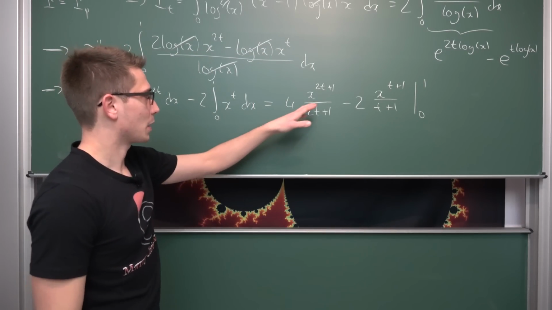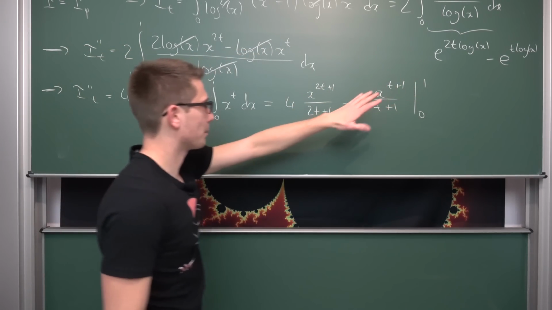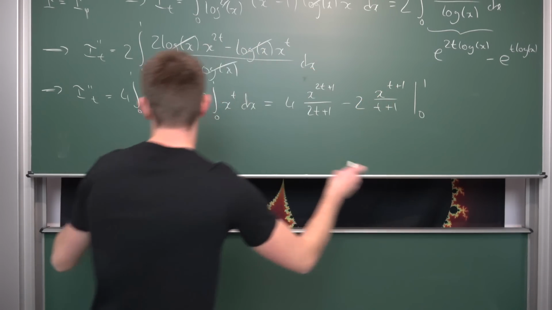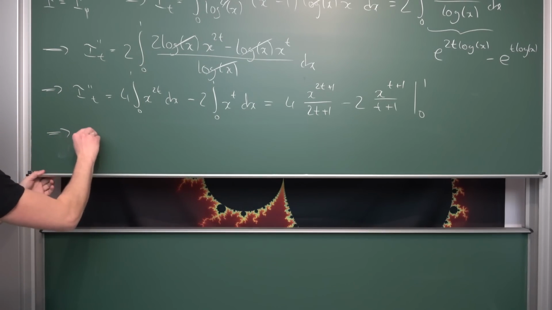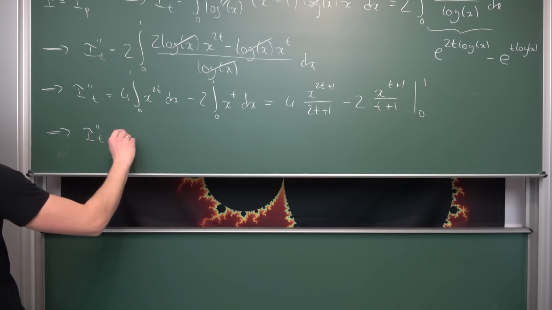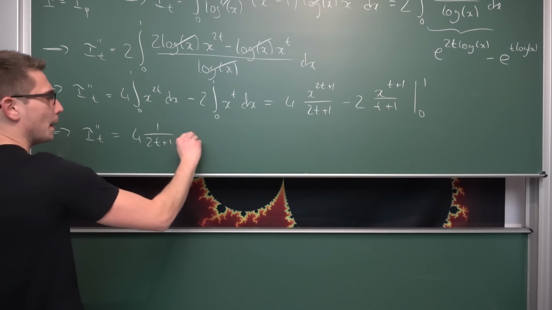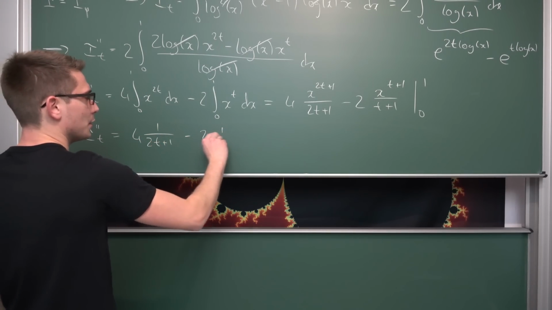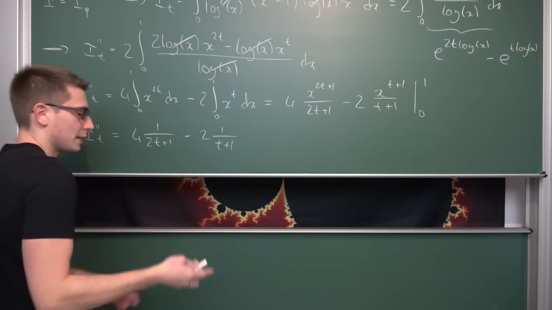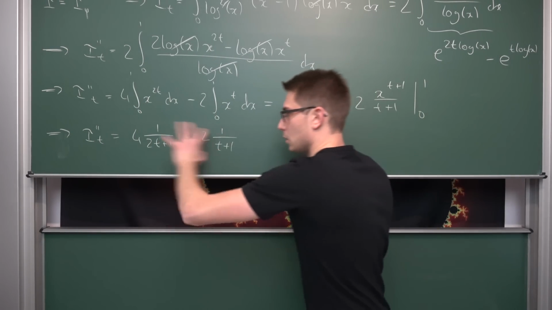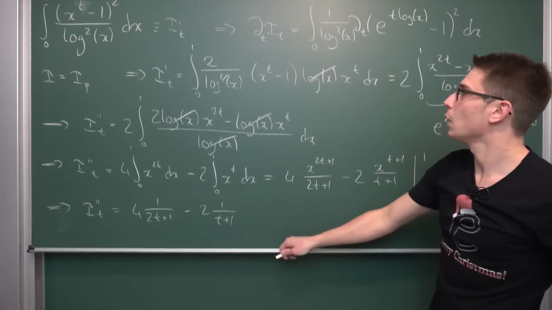Plugging 1 into here is not bad. They are just going to vanish up here, and plugging 0 into here is going to make them vanish, meaning I double prime of t is going to be 4 times 1 over 2t plus 1 minus 2 times 1 over t plus 1. Now we want to integrate all of this to get back to our I prime of t,